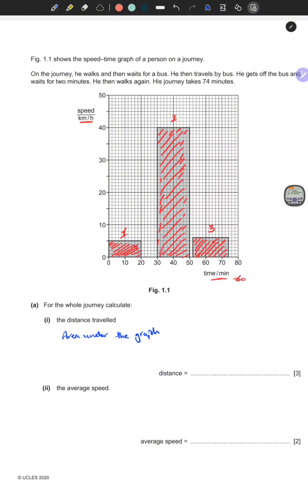So 5 times 20 here, this distance, over 60 to change it into hours. Plus for the second one I have 40 times the distance from here to here, which is 20, over 60, and for the last one there,